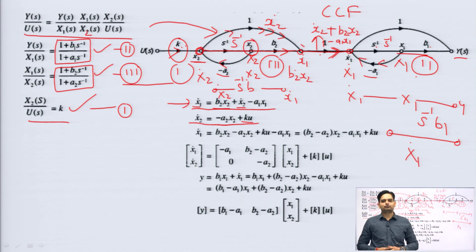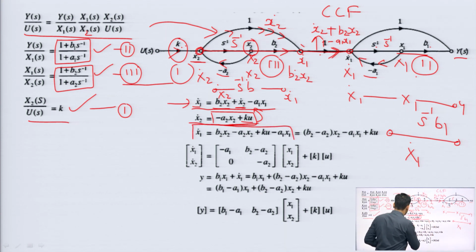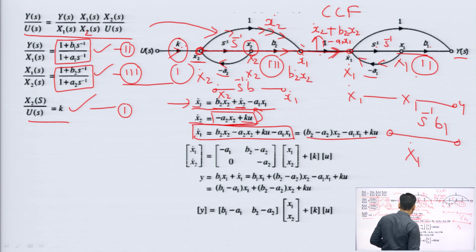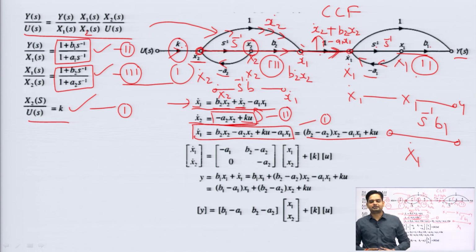Now, with the help of these two expressions, we have to obtain the state matrix. In the state matrix, we know that on the LHS we get the derivative part only, but here we are getting the derivative part on the RHS. So, I have to replace this x2 dot via this expression, and this will change my equation of x1 dot. After doing this step, I am getting x1 dot equal to this expression. If I solve it, this will become the expression. So, this will make my equation number 1, this will make my equation number 2, and then I will make my state space matrix.